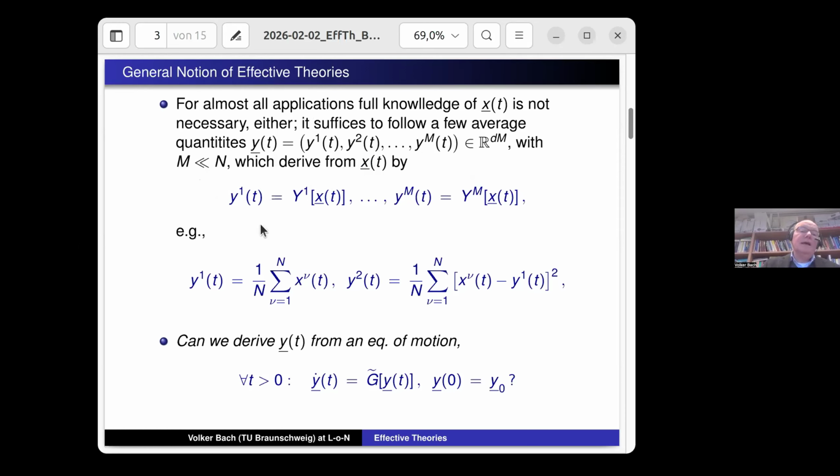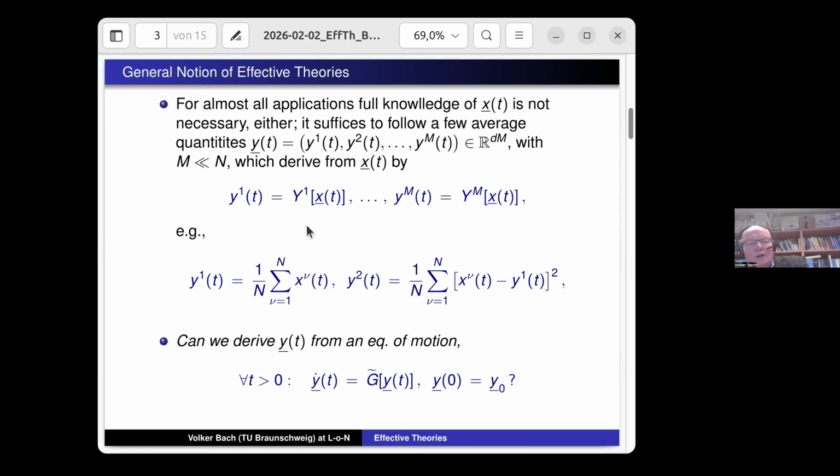So typical examples I have in mind are the mean position of the particles, the center of mass, if you want, and the variance of their positions. How much are the particles, if we think of particles, spread about the mean position? So these are typical choices for average quantities, and in general one can say that